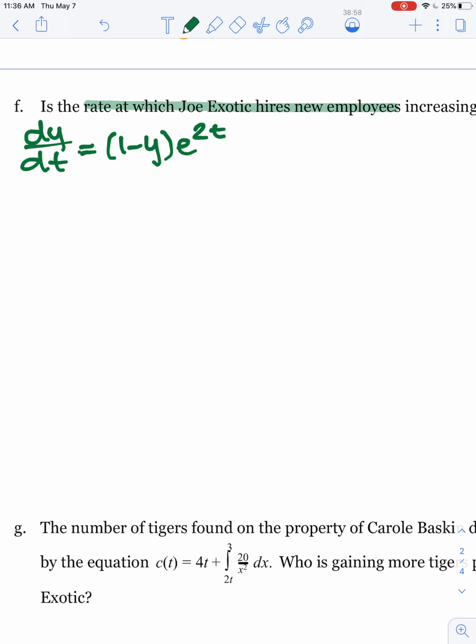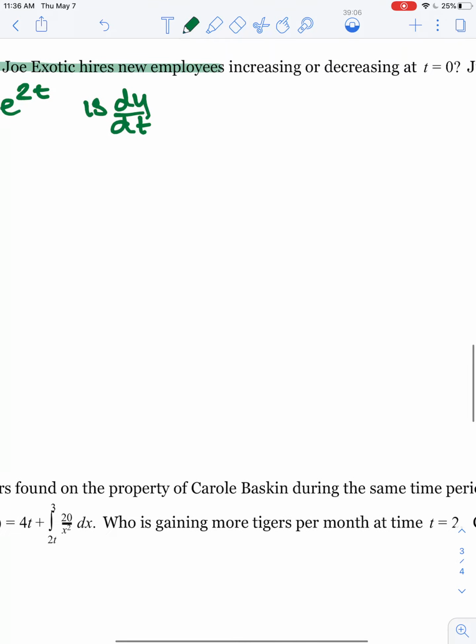So what this question is really saying is, is dy/dt increasing or decreasing